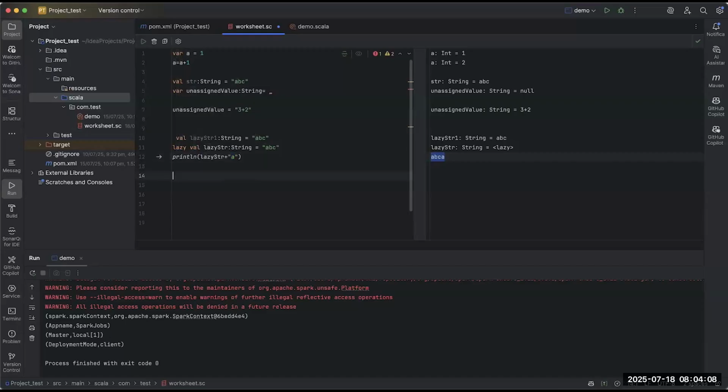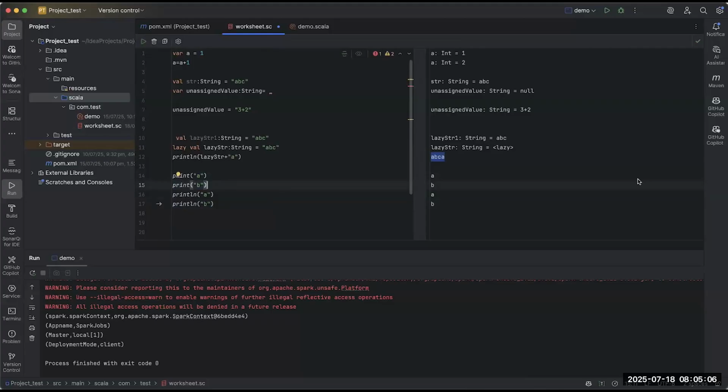Now let's look at this example which I told you about, the print. Print A is returning at the same place, but the difference between them is that AB will be printed in one line. I'm not sure why in the worksheet it is giving it like this, but that is the difference between print and println.